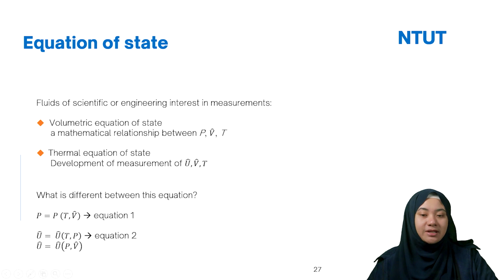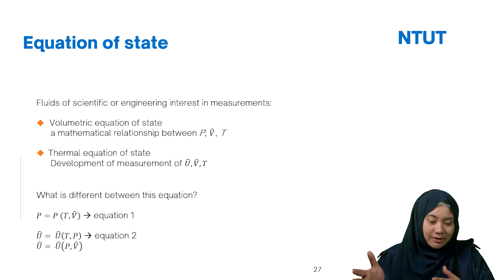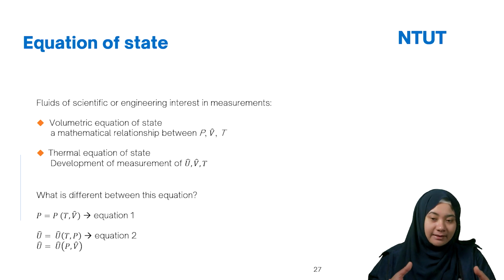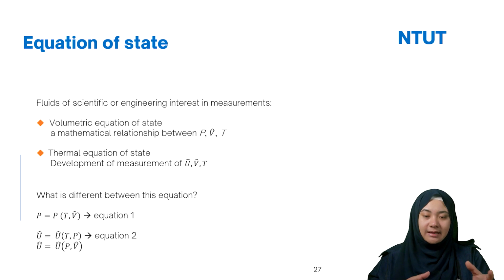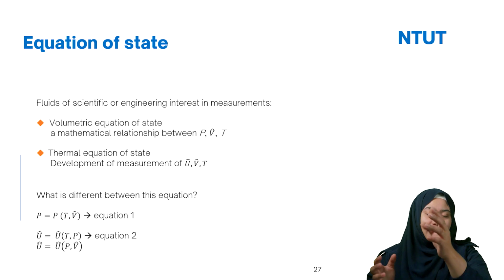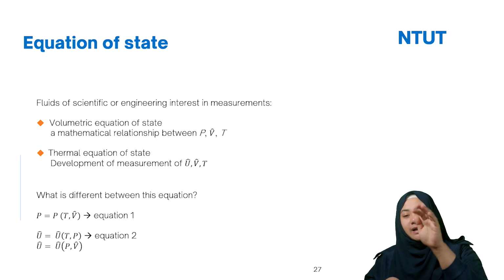Equation of state. After we discuss equilibrium and the path, we have another topic, the equation of state. What is this equation? The equation is just to help you describe that these systems can be calculated by an equation. For example, I have data. You have a lot of data, but how do you simplify it?